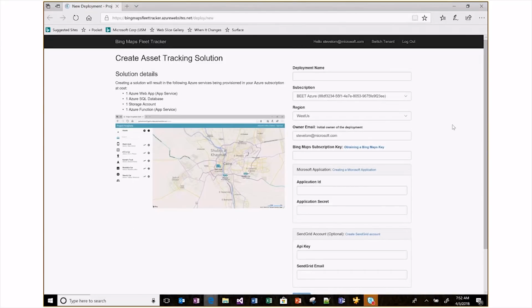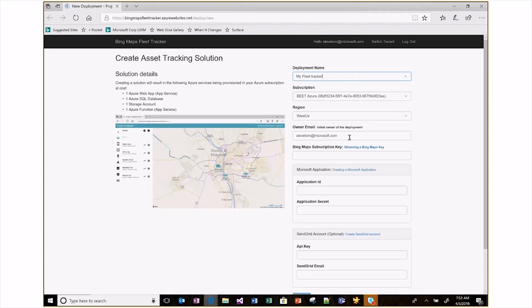So what I've done is I've signed in here. Previously, I've created an Azure account. So I said, hey, you can do this whole thing in 10 minutes. If you don't have an Azure account, that'll take you an extra 3 minutes. So you'd go create your Azure account. And then when you sign in, your subscription will show up here. Give your deployment a name, my fleet tracker,